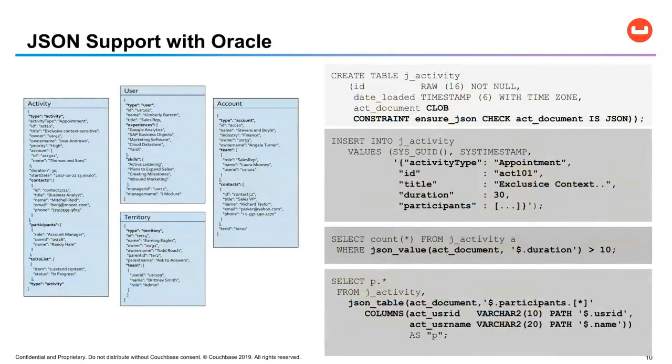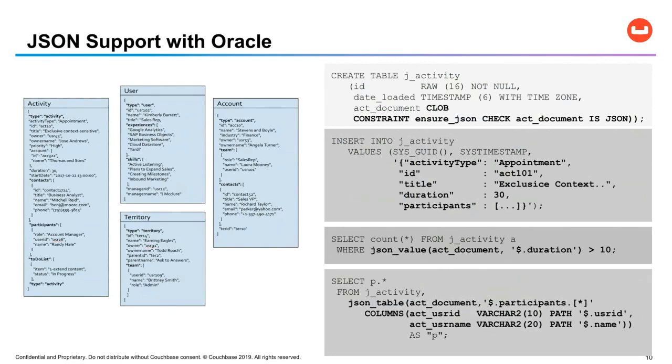So let's compare how other databases support JSON documents. Let's first look at Oracle. With Oracle, JSON is built on top of the Oracle RDBMS construct, and JSON is supported as a data type. So you create a table as a standard Oracle table and have an activity column as a JSON type. You can see that the insert is also fairly straightforward, as you can simply provide a complete JSON document for